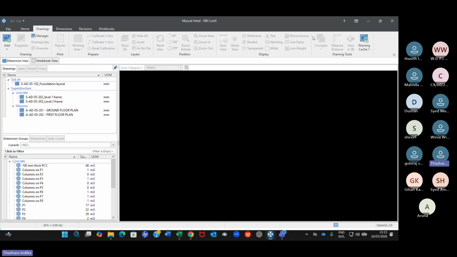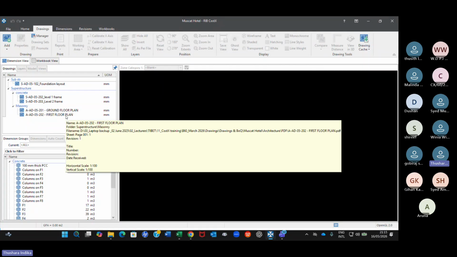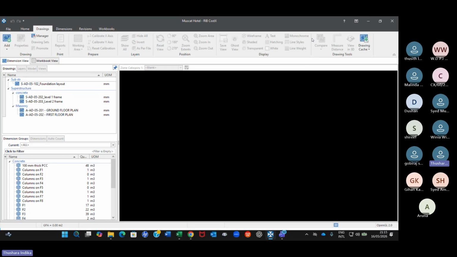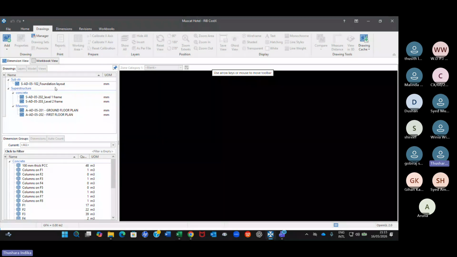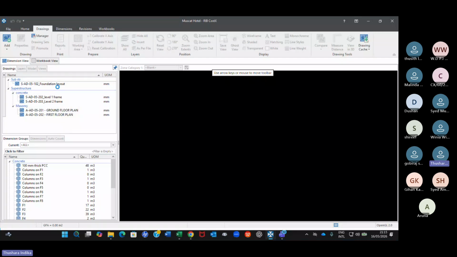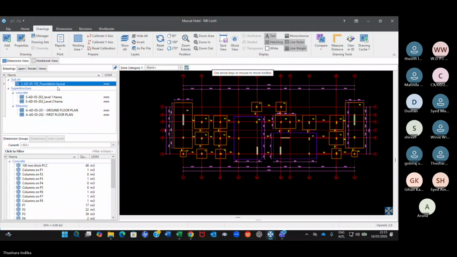You can see my cursor here, right? Mouse, right? You have an icon called compare, but that is deactivated at the moment. Yes, because there's nothing to compare, right? In order to compare, I have to upload a revision drawing of, let's say, the foundation drawing. Let's say the foundation has been revised later on, and we want to see what the changes are now,